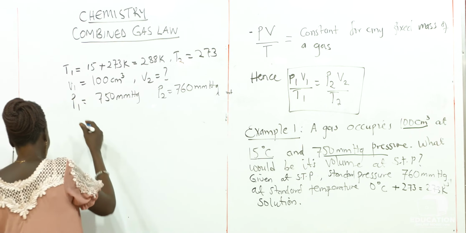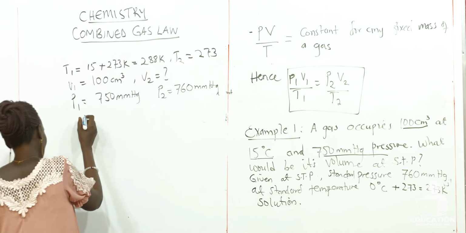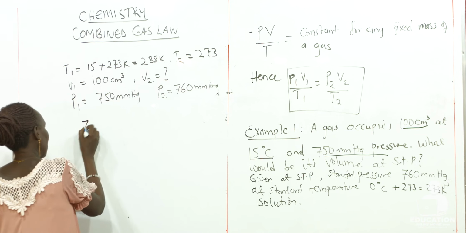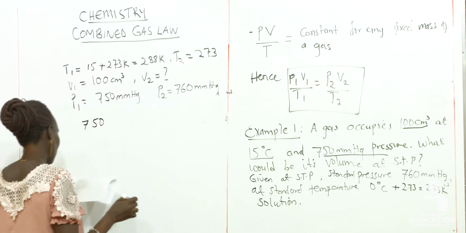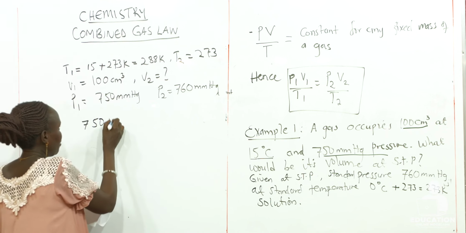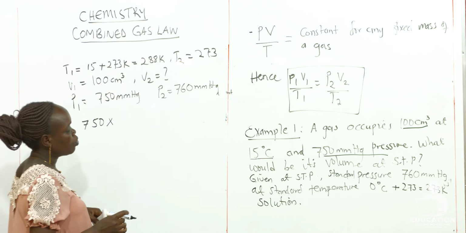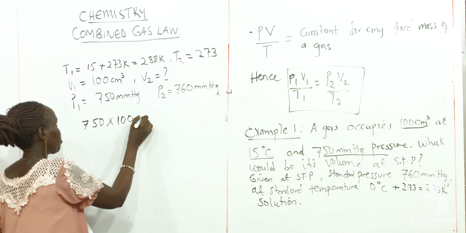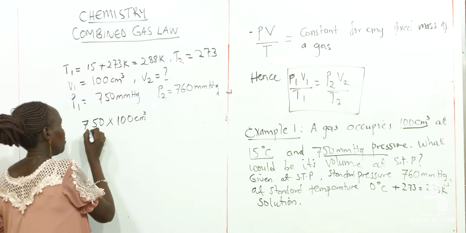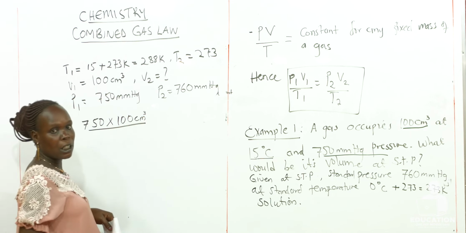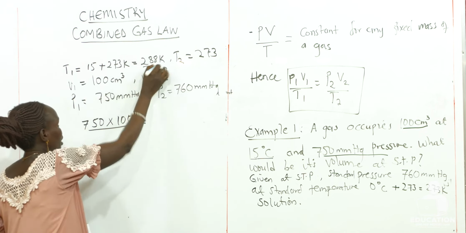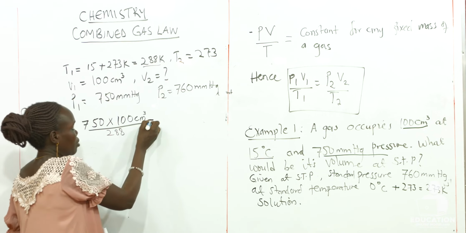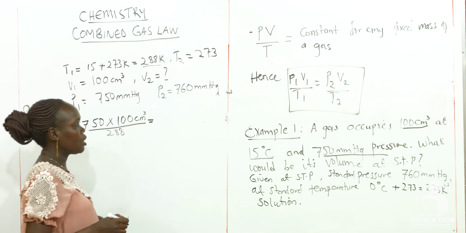So we apply this: pressure 1 is given as 750, then we multiply by volume 1, which is 100 centimeter cube, and divide by temperature 1, which for this matter is 288. So this will be equal to pressure 2, which is